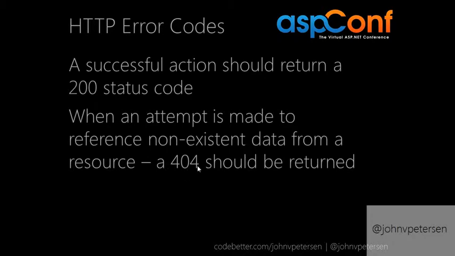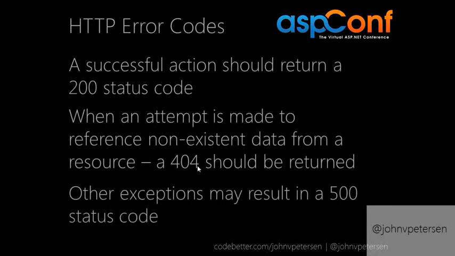Well, what happens when you attempt to navigate to a page that doesn't exist on the server? You get a 404. Then a 404 should be returned. On the other hand, maybe there's some other type of exception. It might be a 500, a 501. It just depends. You'll be able to finely tune your Web API to go in line with these HTTP error codes. And again, types of things that you're not going to have to